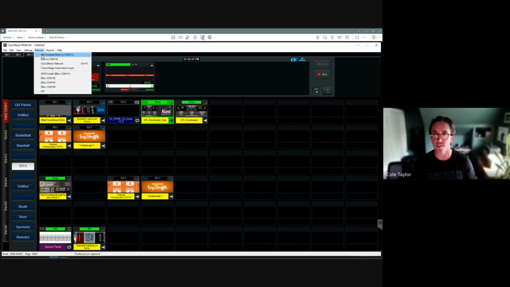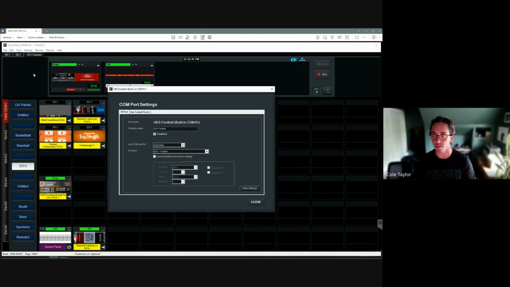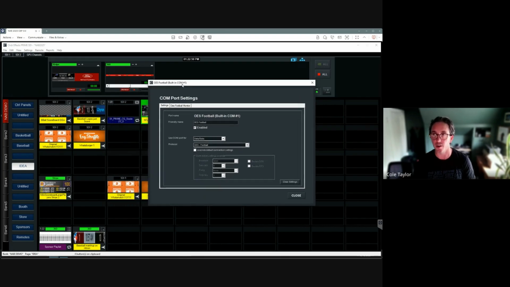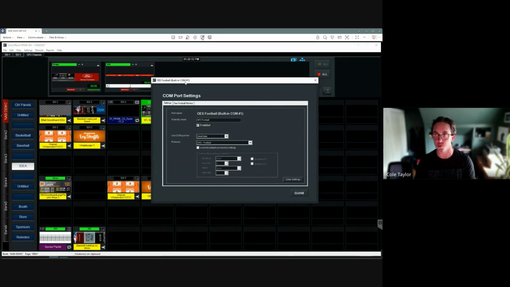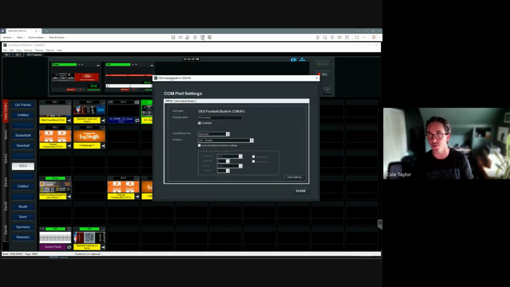And obviously that's something that the building is going to be controlling, and sometimes those people are busy doing other things, right? Sometimes you want to be able to test that those are actually linked to your graphics beforehand. So I just popped open our COM-port module here. These are the settings that I would set up depending on what sport and what controller is in the